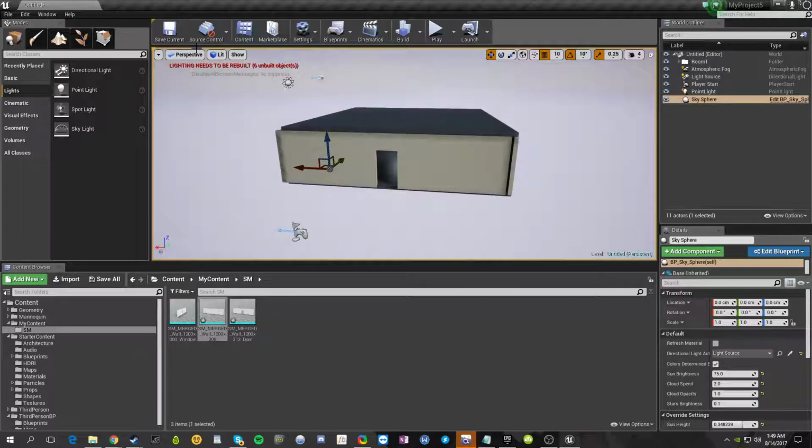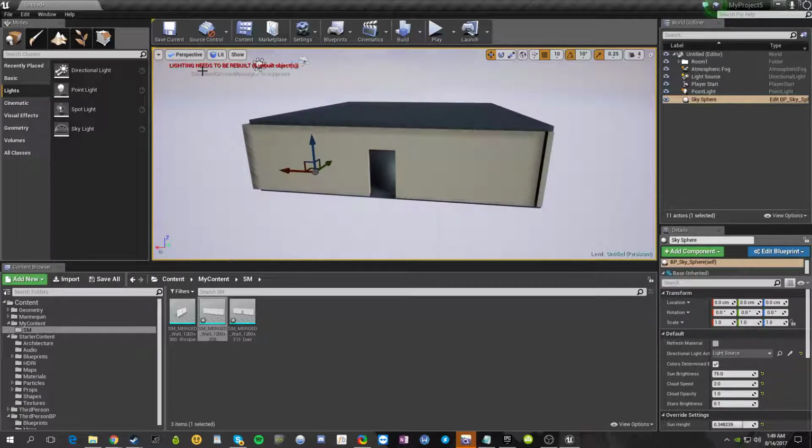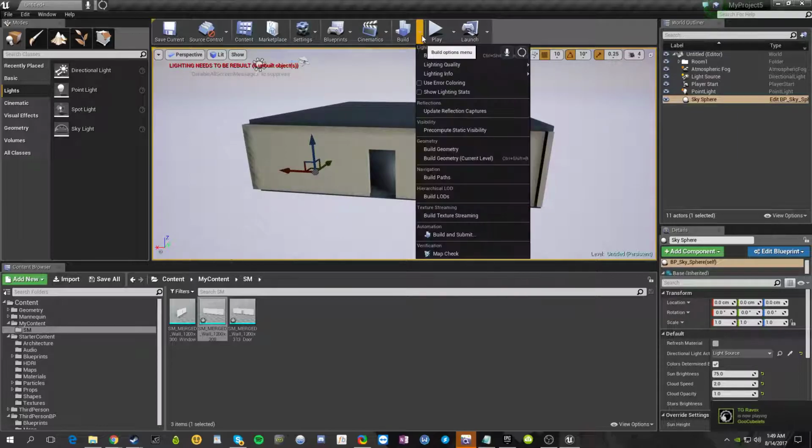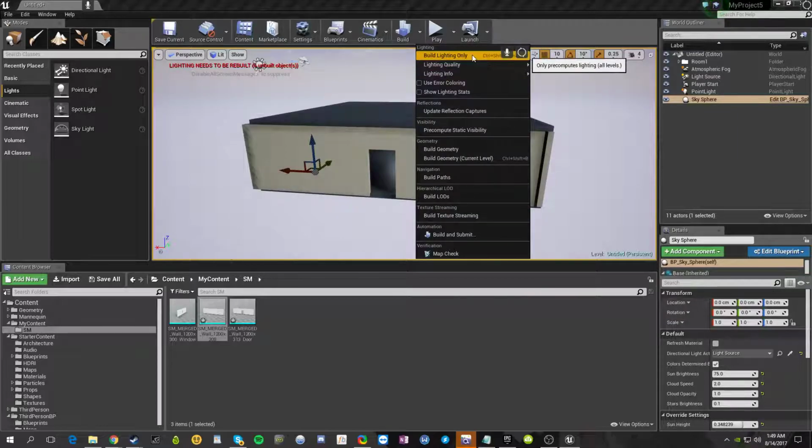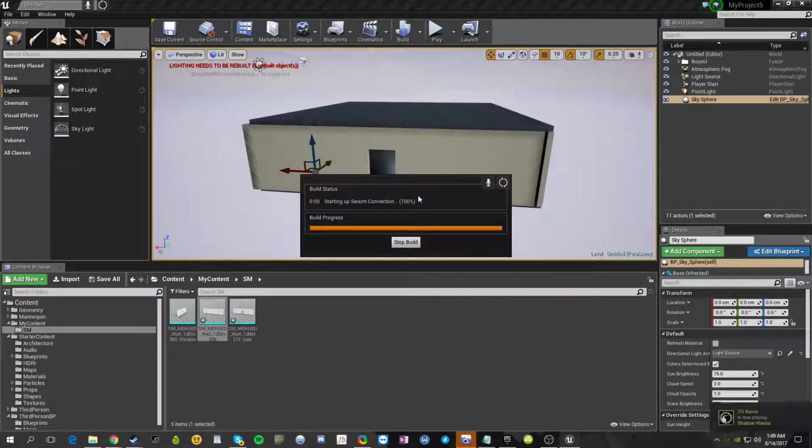But I'm gonna tell you how to build it. So you just press this and it starts building. You know what, let's show you. So just press build and it'll build. Of course, I don't need to build anything but the lighting right now, as you can see here. So just to save myself time, I'm gonna click on this and build lighting only, and it's gonna go ahead